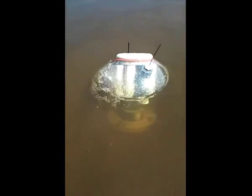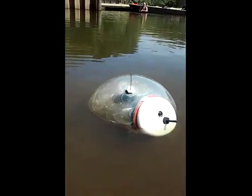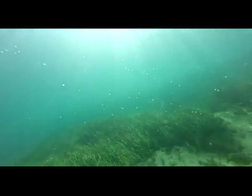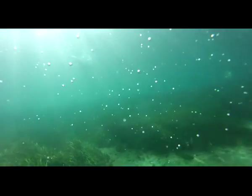Of course, this means we need a reliable way to bring it back to the surface. To guarantee recovery, the HydroSphere releases compressed gas to float itself at a predetermined time. Check out this view from inside the HydroSphere as it floats itself back to the surface from the bottom of a Florida spring. Our vision at Planktos Instruments is to develop the next generation of water monitoring tools that will